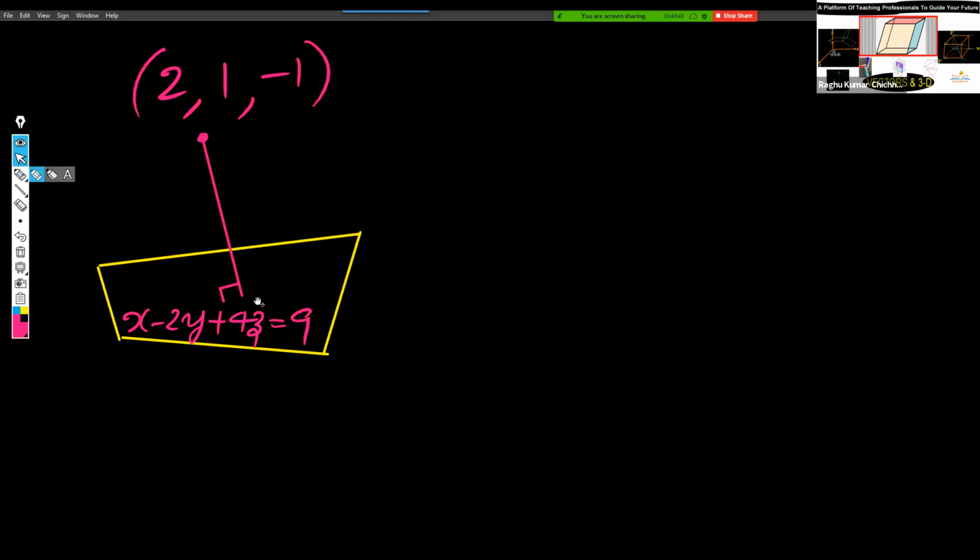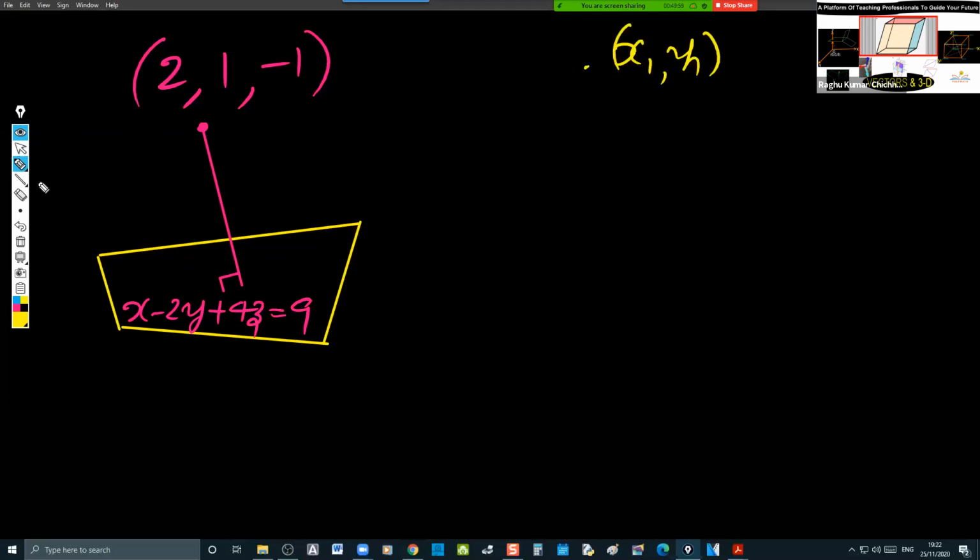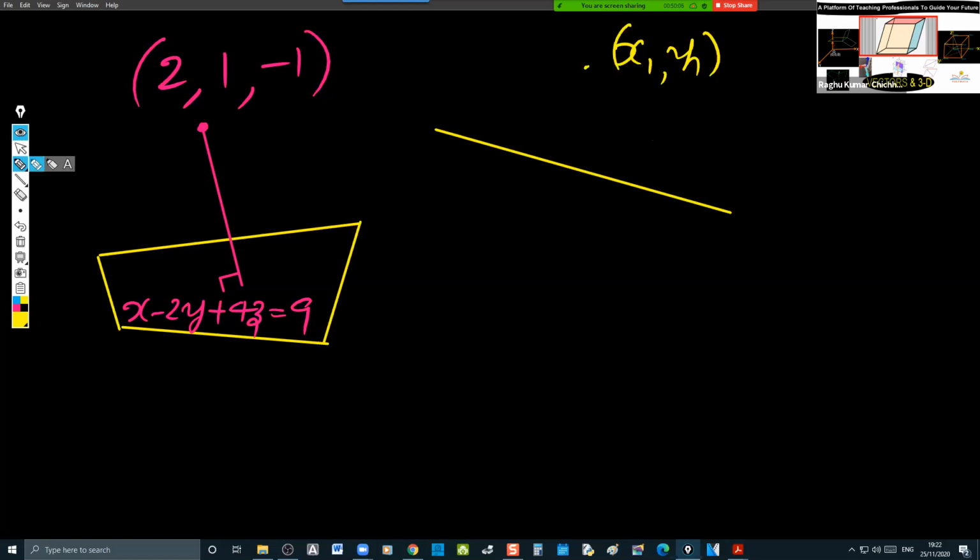So we need the perpendicular distance from the point to the plane. Let me compare it with the perpendicular distance of a point to a line. Let me take the point as x1, y1, and let me take the line. I'm revising, I'm comparing the 2D line with the 3D plane. If you want the perpendicular distance from this point to this line, the perpendicular distance is simply got by,